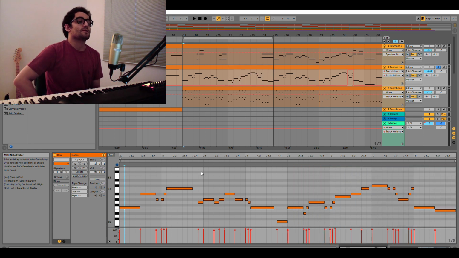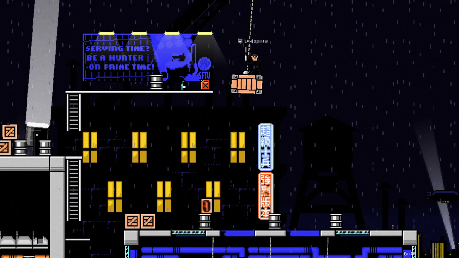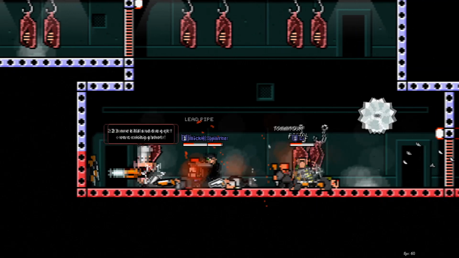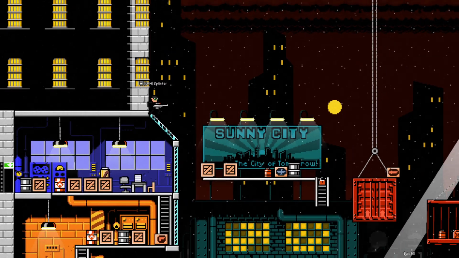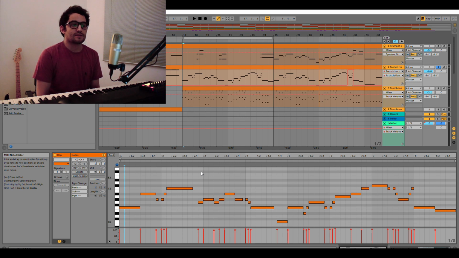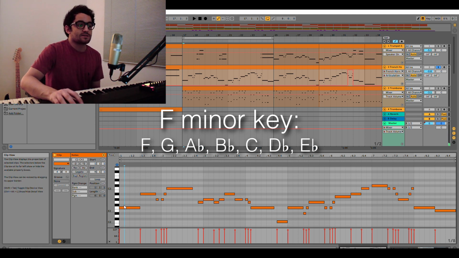In the first part, I tried to imagine the hero trying to escape a dark context, because the world of Superfighters Deluxe is a dystopian world full of chaos, violence, and it's really dark. So to represent that dark context, I decided to use a minor key. In this case it's F minor, and the melody starts in F,